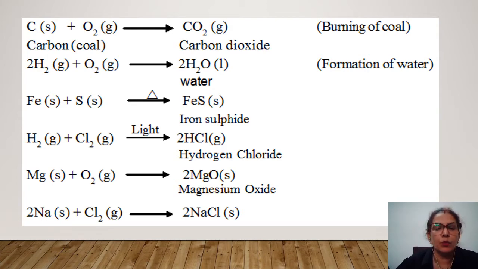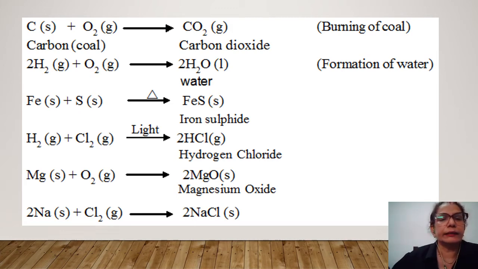So now let us see some more examples of combination reactions. As the name indicates, combining means they are coming together. Two or more substances mix together, combine together, react, and form new substances. You can just leave it at new substances. There may be 2 substances formed, 3 products formed, or just 1 product formed, no issues. But the main point is that 2 or more substances will combine. Remember, one substance, it doesn't happen. 2 or more. Very, very important.